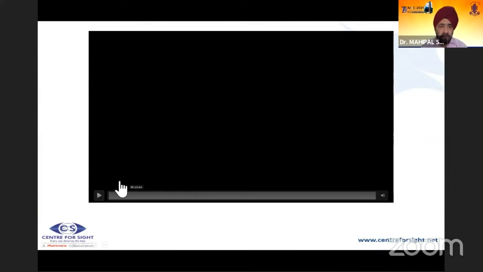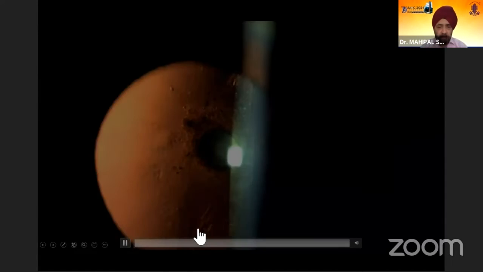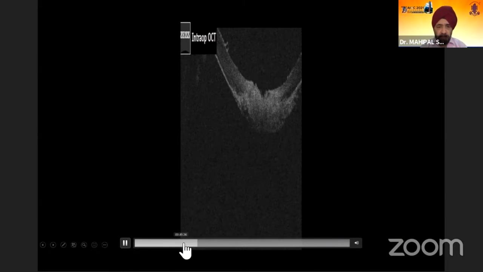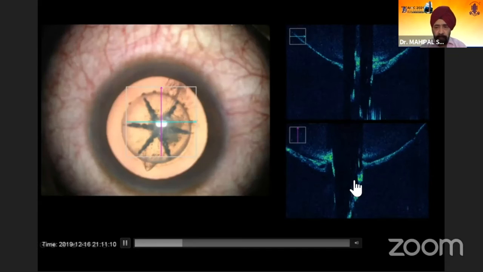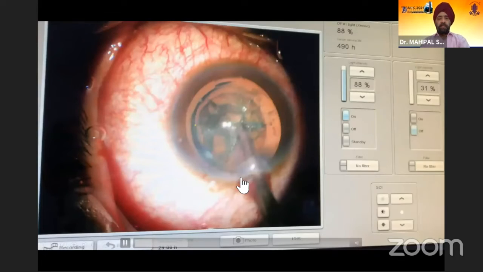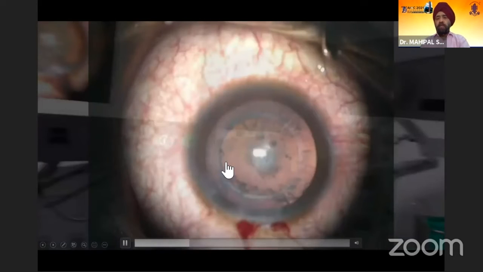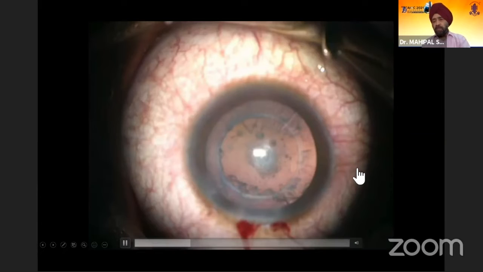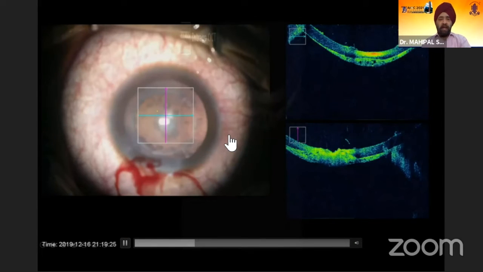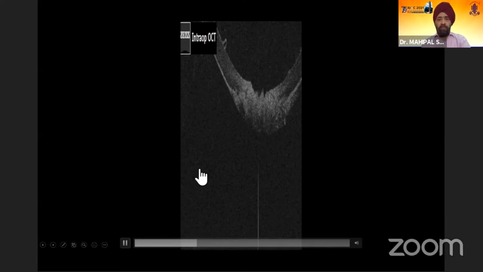We are raising the bar, and I'll just go forward. You can see here, this is after the femto, and this is the intra-op OCT. Again, you can see on the intra-op OCT, there is a clear-cut problem that is going to be there. And this is the absolute epinuclear cushion that we have. This is where the rent is, which is trying to come out. And it is only at the end that we will have this problem, if at all, anything.